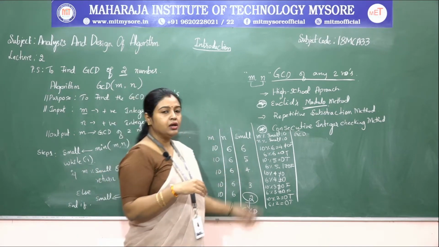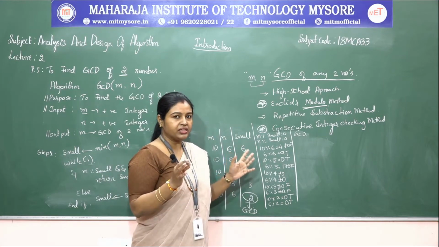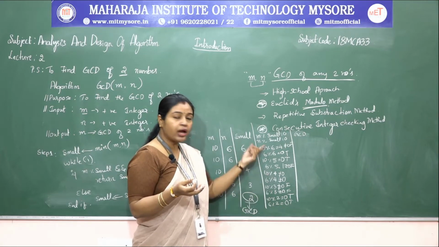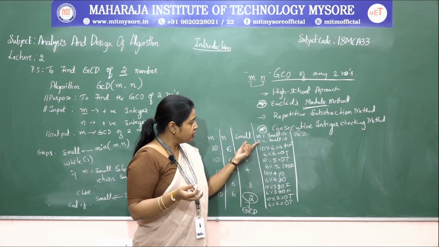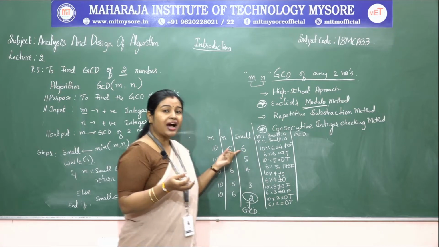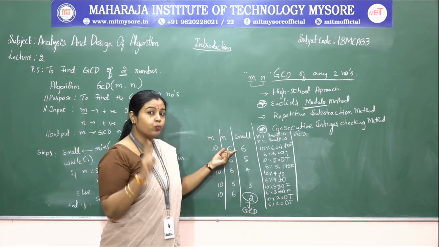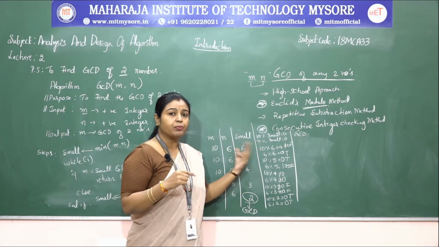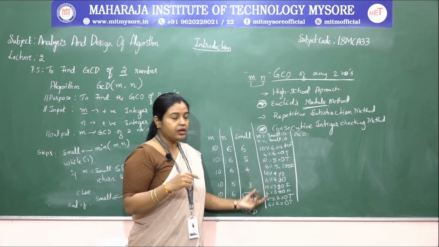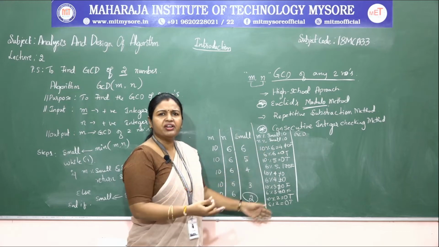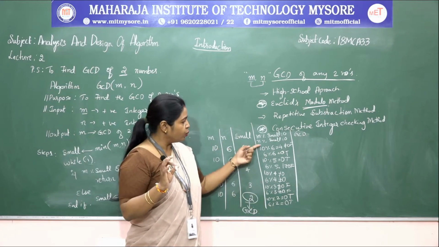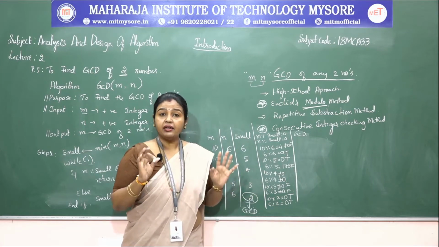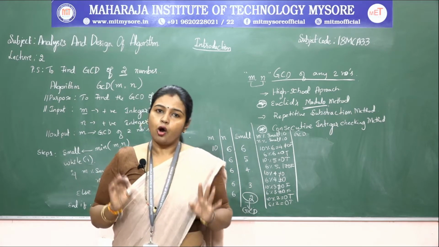But observe here, what is our basic operation? We need to do the division, right? So how many times have you done the divisions? Along with division we are reducing the size of the small by 1. That is also we are doing, right? So 2 operations we are performing every time. Let us count the number of iterations here. 1, 2, 3, 4 and 5. So 5 times we have done the basic operations.